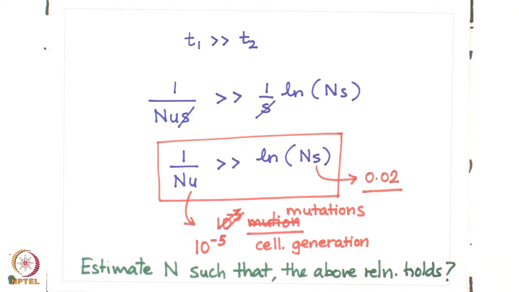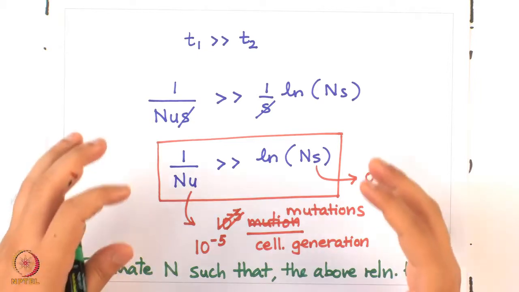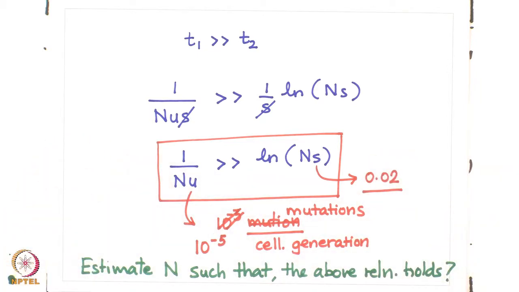So, you should try and solve this and find out what the constraint on n is that you are putting when you say that this inequality must be obeyed. What is the constraint on n that automatically imposes itself? So, solve for n and comment on what is the nature of the environment E, where you can do this